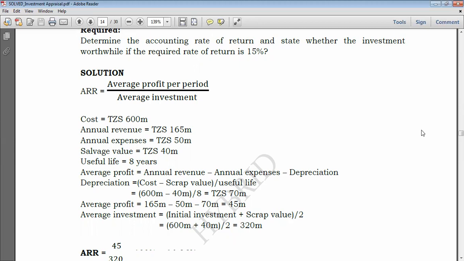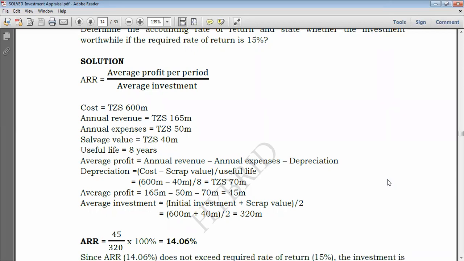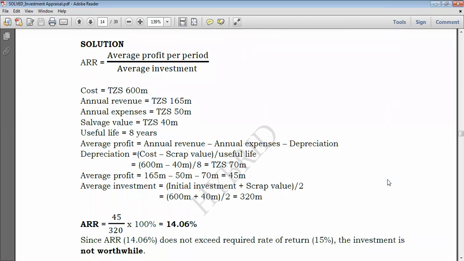So after obtaining that, you could proceed with the question, which requires us to determine the accounting rate of return and state whether the investment is worthwhile if the required rate of return is 15%. Now see, we have already obtained the accounting rate of return is 14.06%. So all you need to do is just to compare it with the required rate of return, and